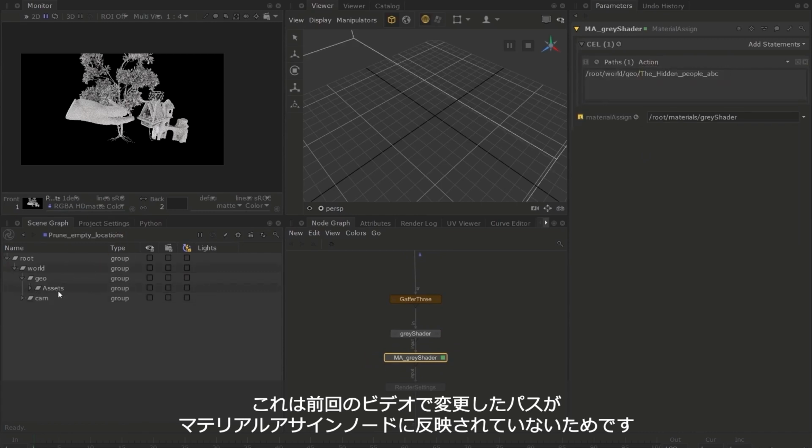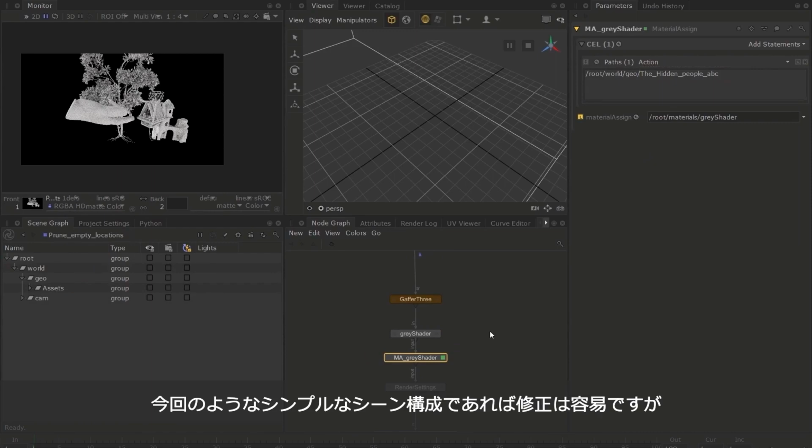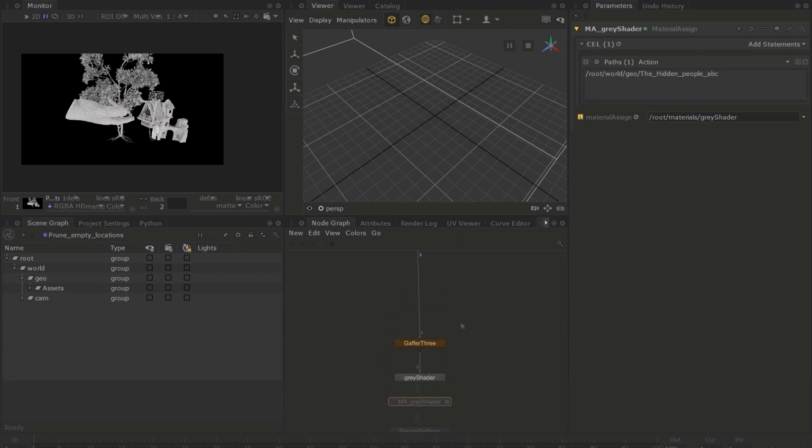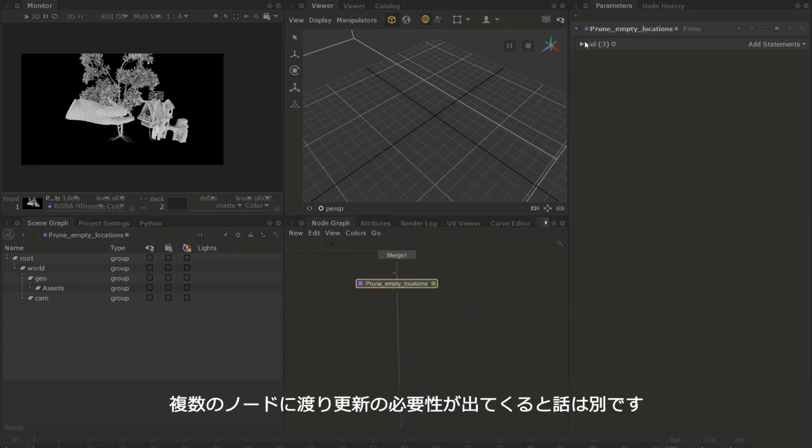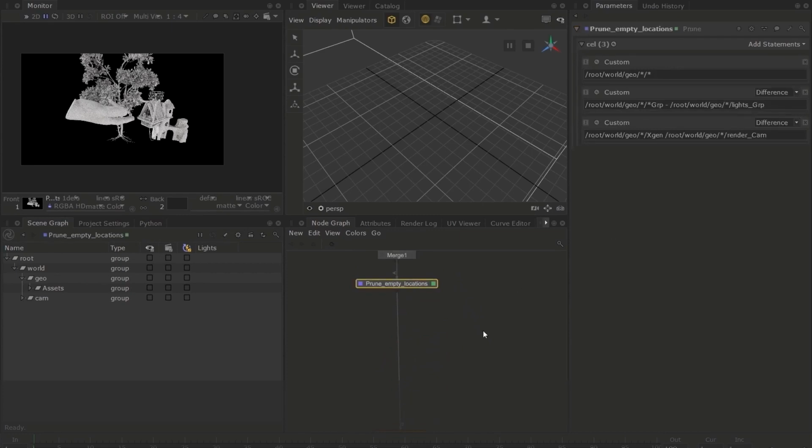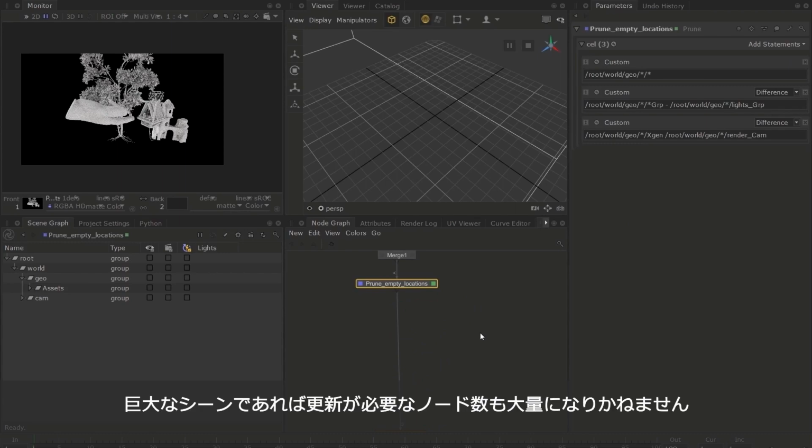This is a relatively simple scene, and in this case, we assigned the gray shader globally across all our assets, so it wouldn't be too hard to change this path manually. Now let's look at the prune node. Even though we are using custom cell statements here, imagine if you had to update these statements across several different nodes. Prune and material assigns are just two examples of a very large variety of nodes you can have in